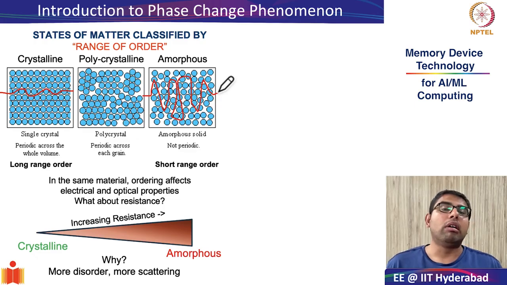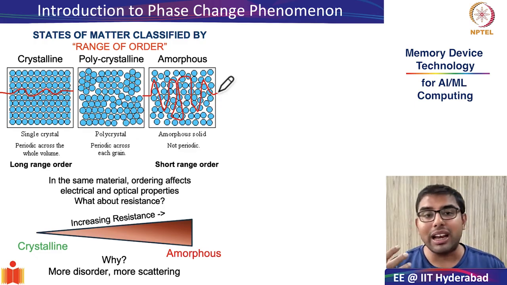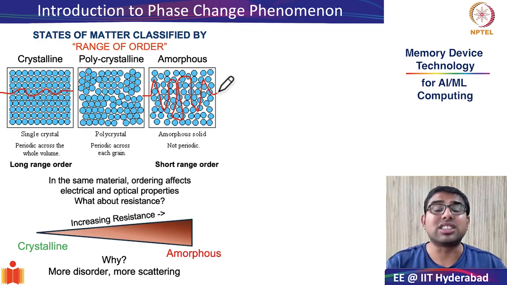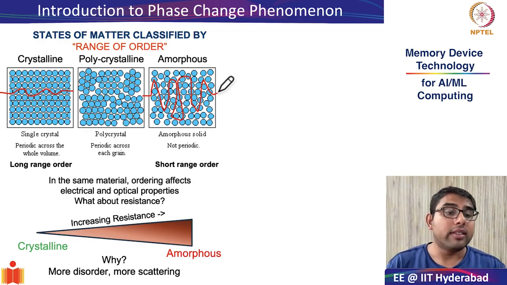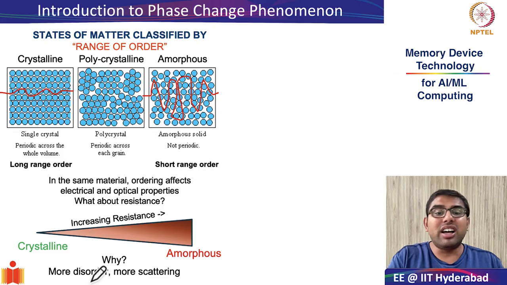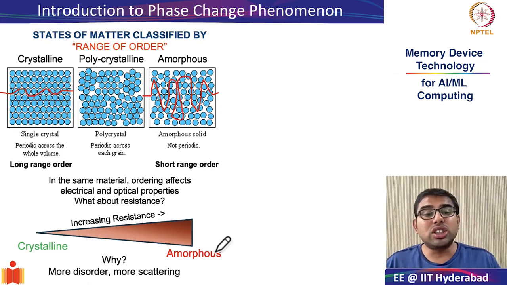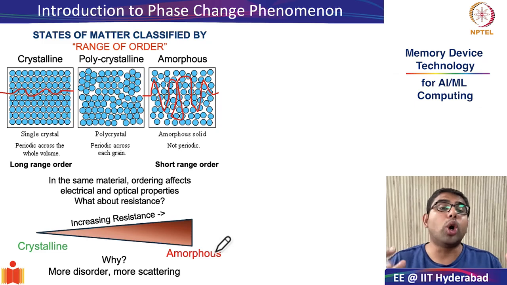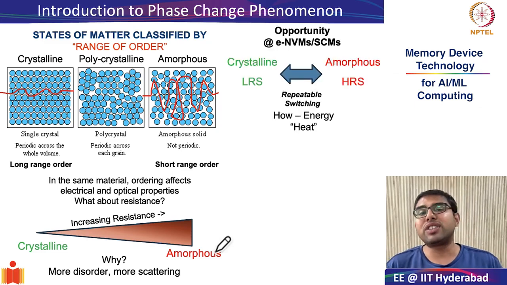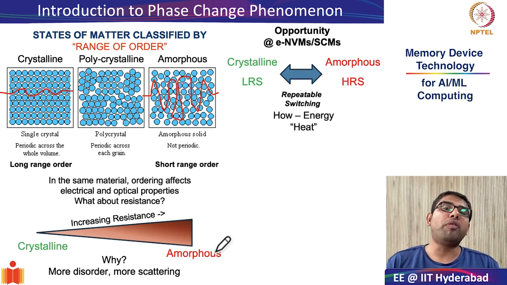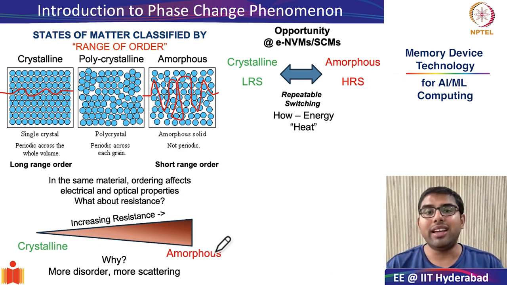And therefore, because the scattering events will be more, the mobility will be less, and therefore the resistance will also be higher. Therefore, because of increasing disorder from crystalline to amorphous system, the resistance of amorphous systems is also more than that in crystalline systems. And this gives us an amazing window of opportunity, especially when we look at eNVMs or storage class memories of